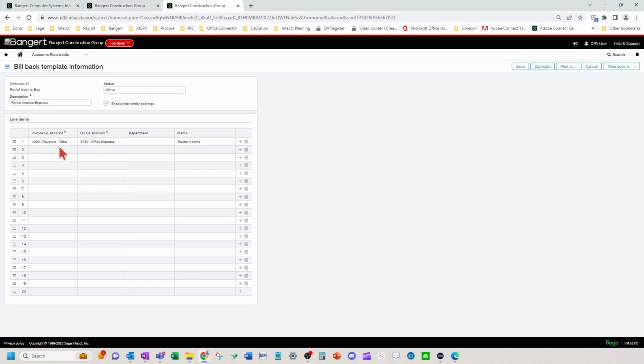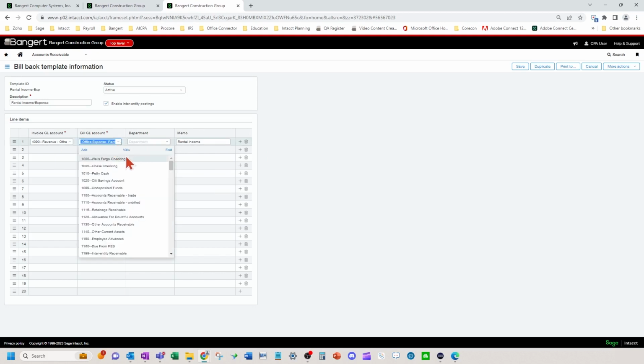So when you make the actual transaction, it's going to default these in, which I'll show here in a second. You'll pick the bill back template and this is what defaults in. You can also use departments as well, but I'm just doing a simple rental income and a rental expense here. You can see the office expense - rent.